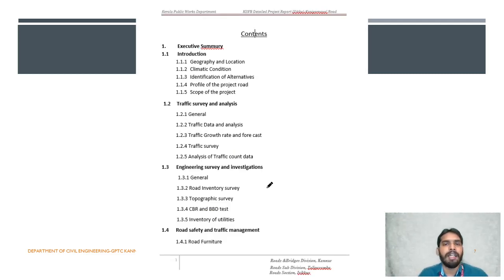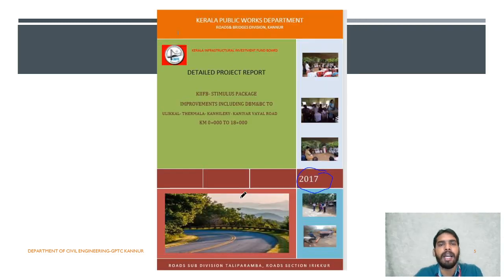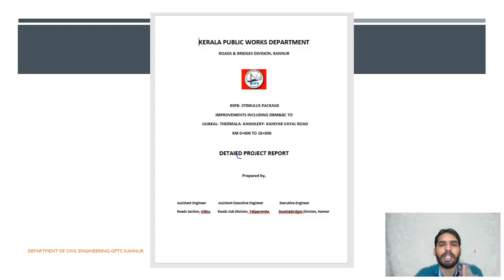The contents that I included are geography and location, climatic. If they ask what details have to be collected, it means the climatic condition details, and geographic and location details. If you are asked a 6 marks question, definitely you have to explain 6 points, right? Traffic data, and since it is for a road, traffic data analysis should be there, road intervention surveys, topographical surveys, and the CBR test should be there. That has to be explained in such a way. I included only the contents because in your syllabus they only ask to identify the details.